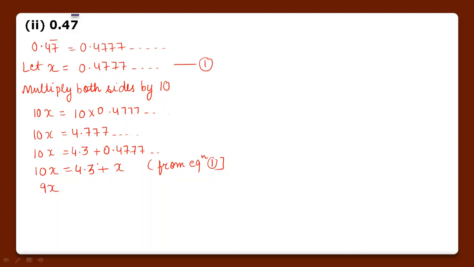9x हो जाएगा, यहाँ से x प्लस में है माइनस होके, is equals to 4.3. x is equals to 4.3 upon 9. ये हम यहाँ से पॉइंट हटा देंगे क्योंकि हमें p upon q प्रॉपर फॉर्म चाहिए, इंटीजर्स चाहिए. 43 upon 90 is the answer. Now you can check p upon q की फॉर्म में, p and q both are integers and q is not equals to 0. Now let's do the third part, that is